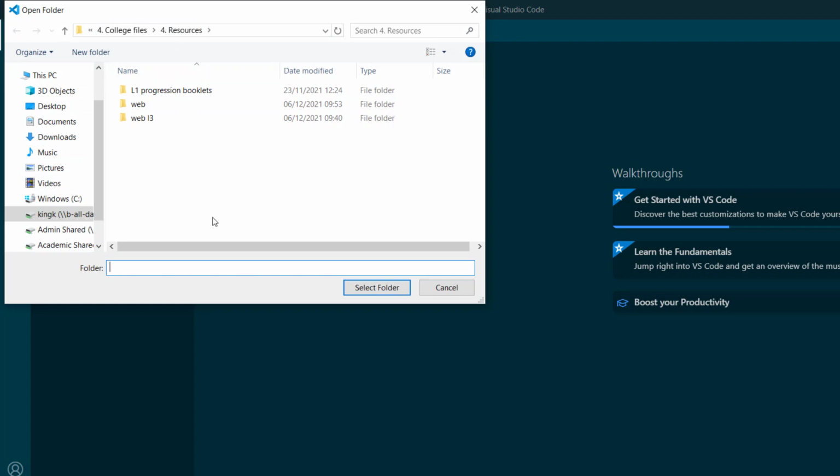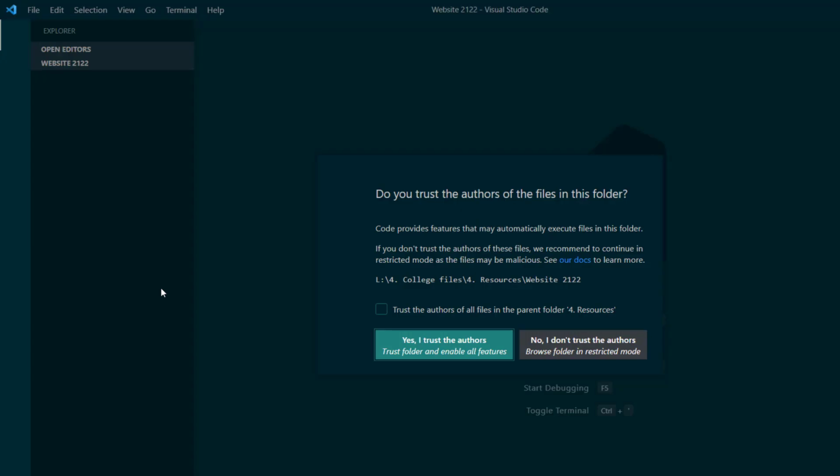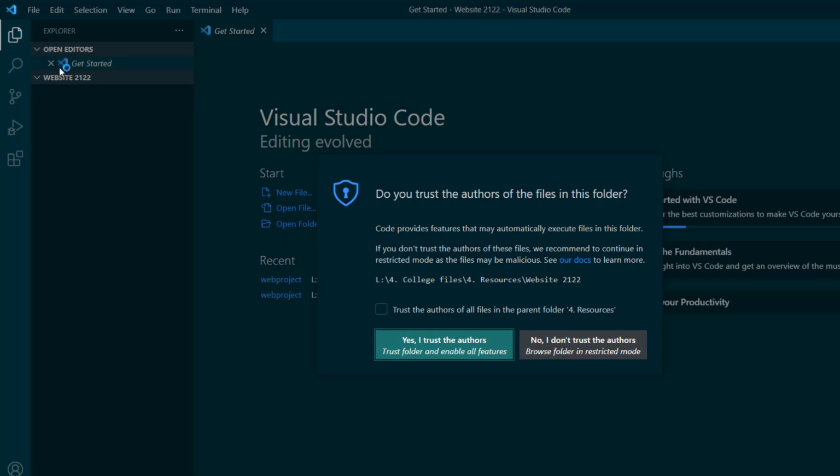Now, it's really important that you do create a folder for your website projects. This means that all of your files for your website will go into the same place. Now, for this purpose, I'm just going to click on New Folder in a place I'd like to keep it, and I'm going to call this Website 2122. Make sure you've selected this folder, and it should change your screen to say Website 2122 just on there. And then just say that you trust that